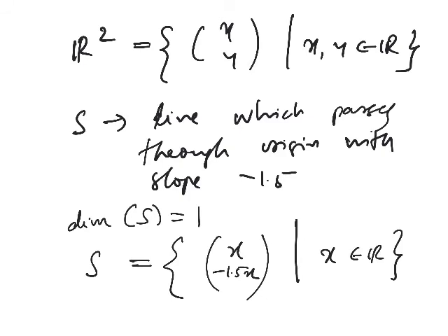In this example, it is called a one-dimensional subspace of R2. Now what I am trying to drive in is, even when it is a one-dimensional subspace of R2, the entries are represented as two tuples. That means there is only one free variable. There is only one free variable, yes.